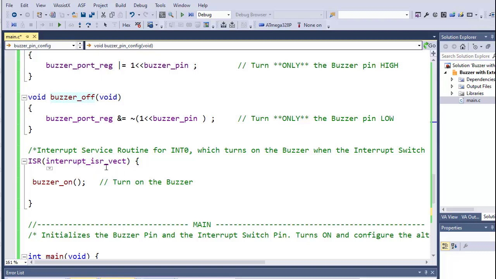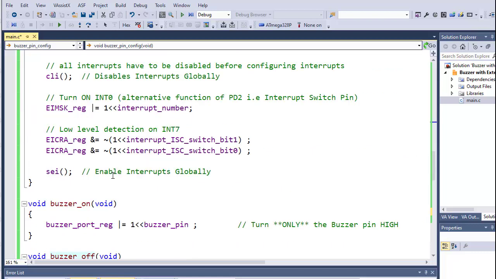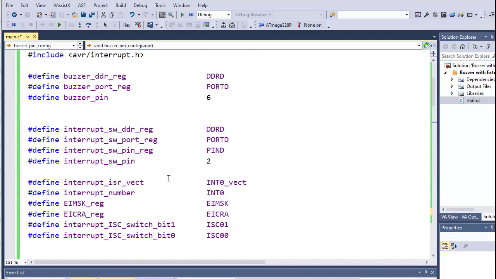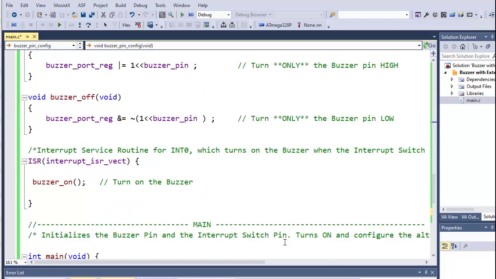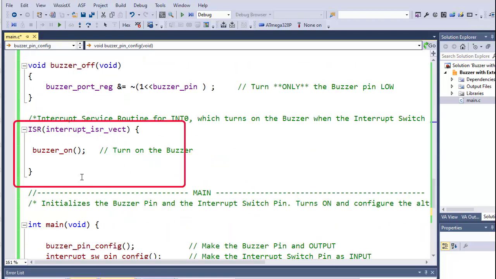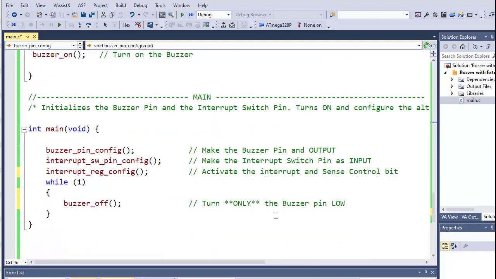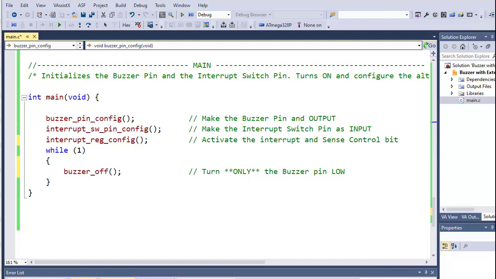What is this? See the define part. INTERRUPT_ISR_VECT is nothing but INT0_vect. So this is the interrupt service routine, and inside it I have used a function which will make the buzzer on. Now all the functions I will use in the main function.